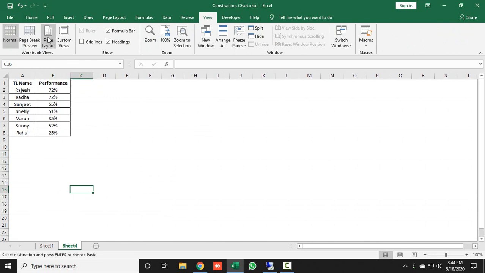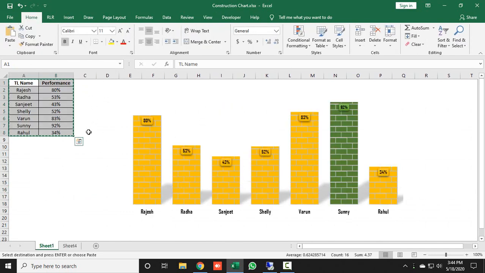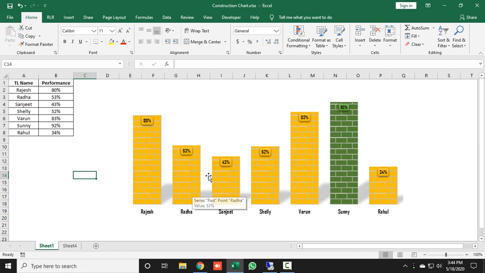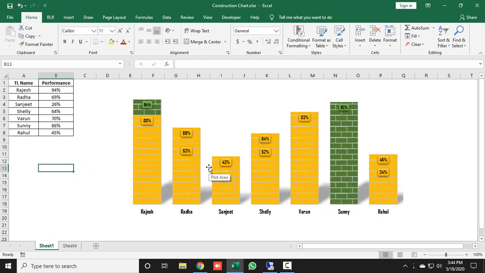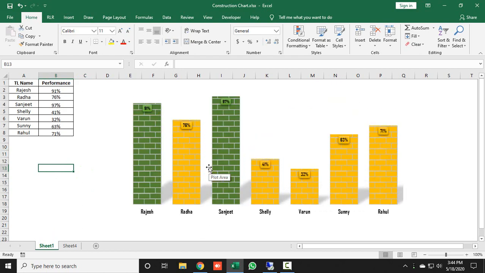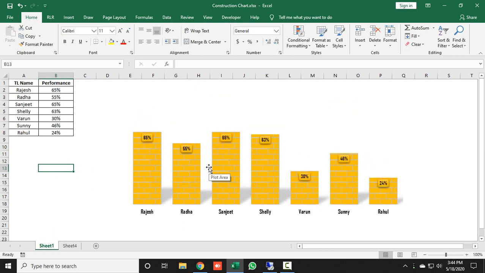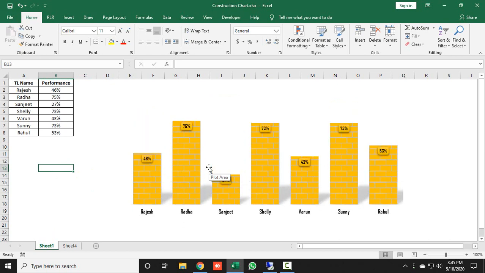Now, to create this brick chart I need two support columns to set up the condition, because here I have put two conditions. If any team leader gets below 90% performance, then the brick wall will be in orange color. Otherwise, if any team gets above 90% performance, then the brick wall will be in green color. Let's change the result and see how it is reflecting. Here you can see, I have put two conditions, one for orange and the second one for green.